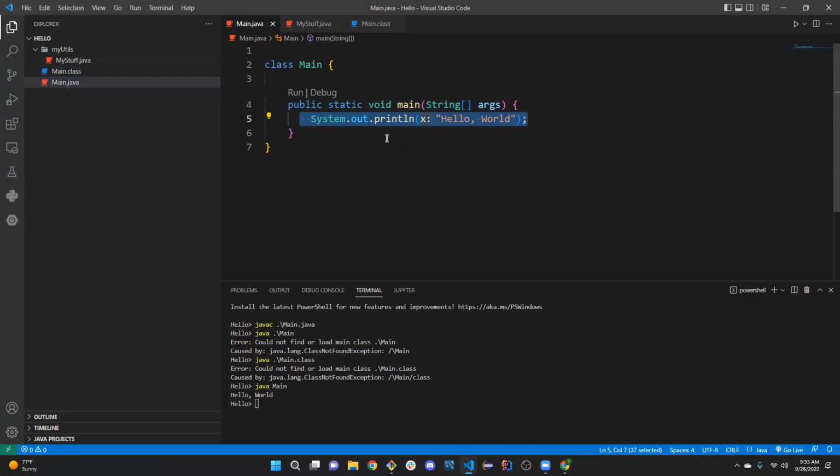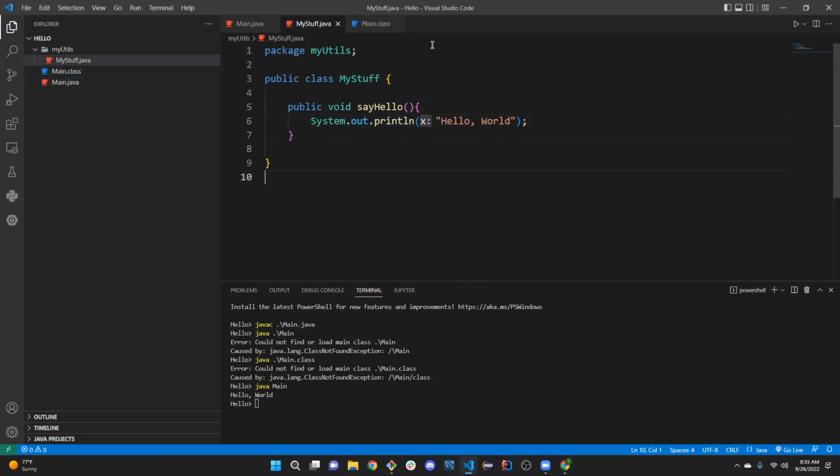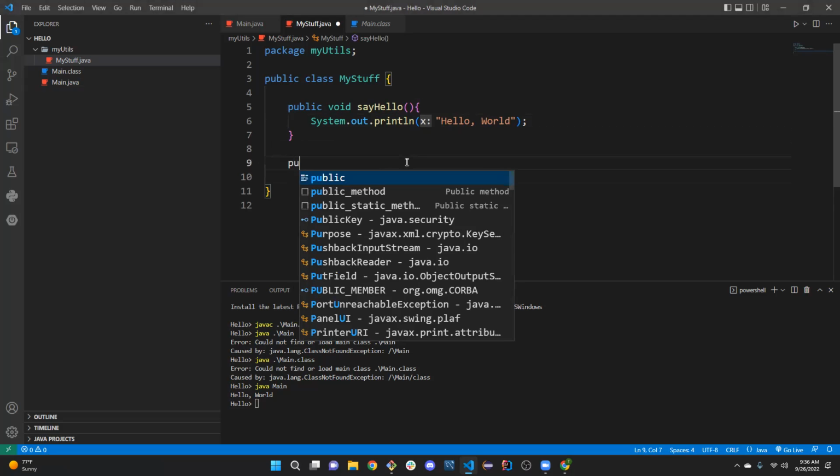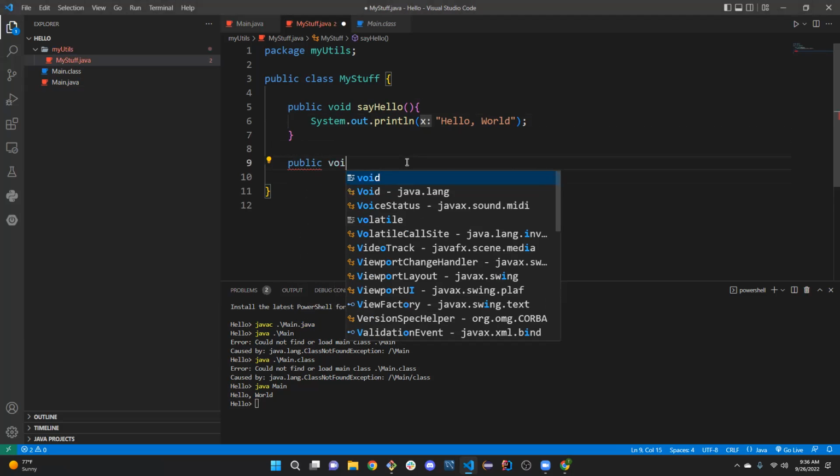If you go back to the other folder now, there you have your function, public void, right? That's your function. And if you want to write another function, you have to create another function. If I say public void,